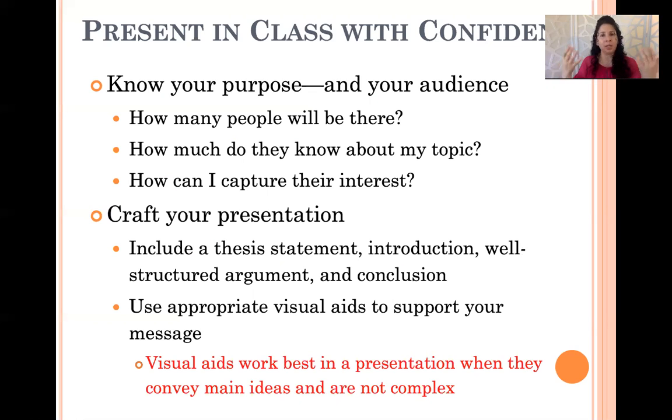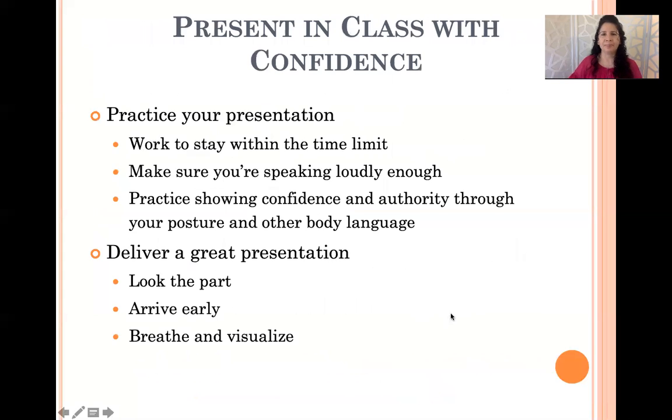And you notice that when I go through this class with you, you will have something here on the slide, but then I'll give you an example, or I'll try to share with you more. And that's what we want you to do. So visual aids, you don't want to have a visual aid that has tons of writing, so much writing that people are squinting to see it. It's not going to be good. Don't do that. And then practice, practice, practice.